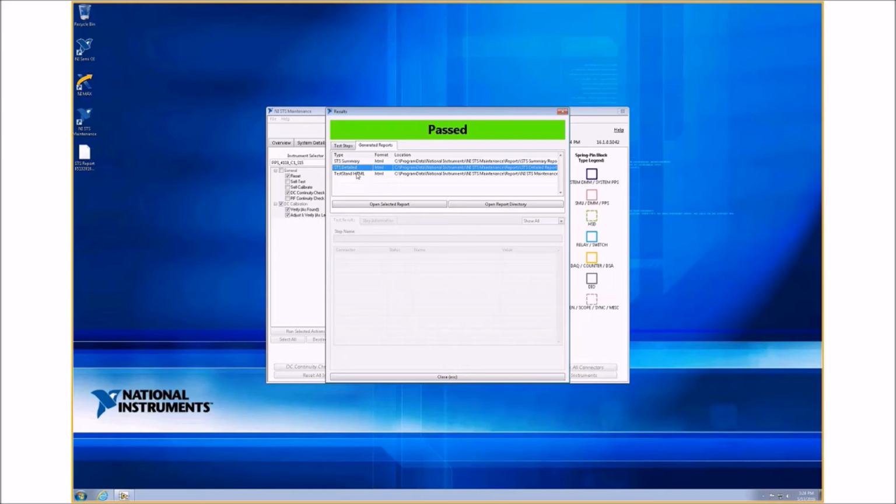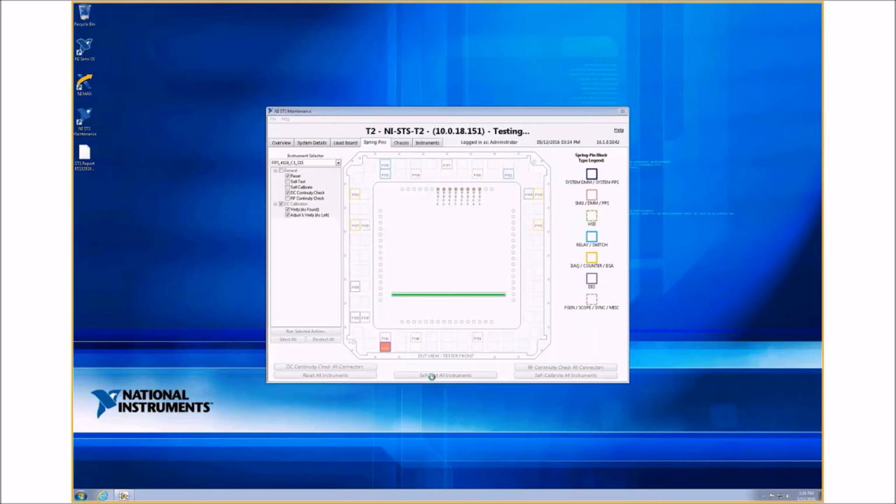One of the nice things is if you have a question about something that may have failed, you can see how much it failed by so that you can report to the NI engineers in the field and they can help you get it fixed if there are any issues. So at this point I'm going to close this window because it's the same reporting window we've looked at. And in just a few minutes the maintenance software has to make sure that